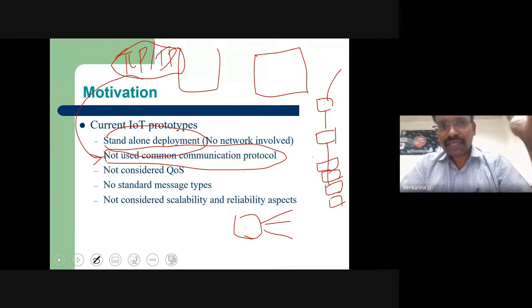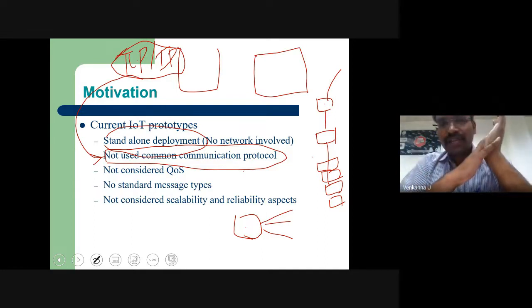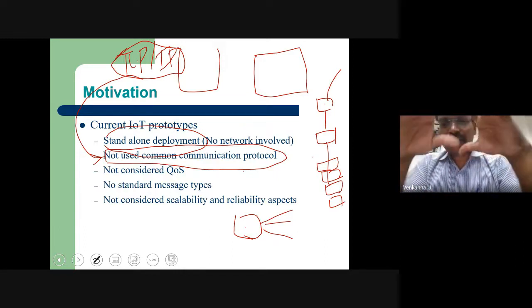In my view, the TCP/IP protocol stack is very tough to implement for IoT communication. Then it's our duty to think about what kind of new protocol stack is required to make an IoT network. As of now, we are not talking about an IoT network; we are talking just about connecting things to the internet. We should think about how to make an IoT network so that only IoT devices can form a network and communicate with each other.